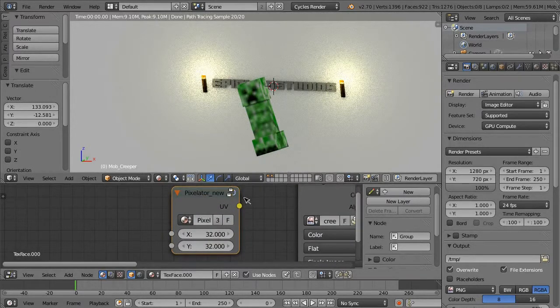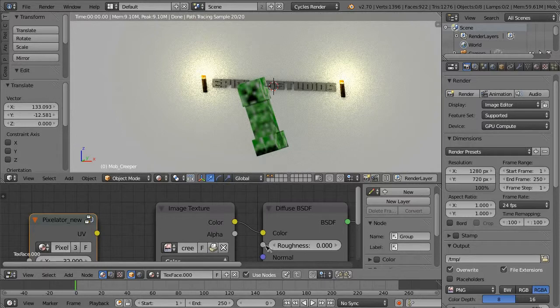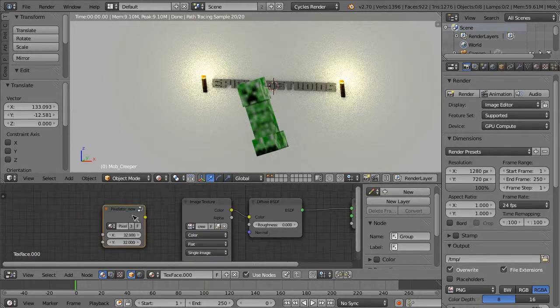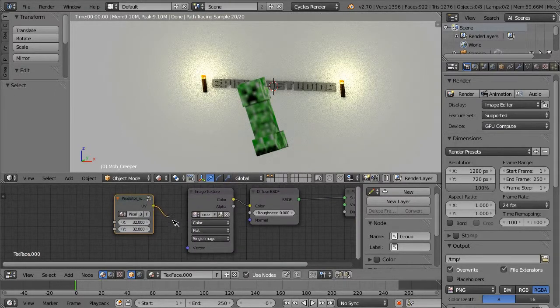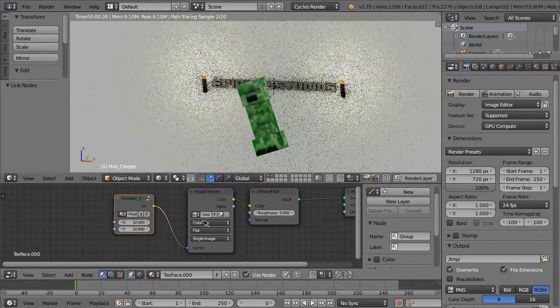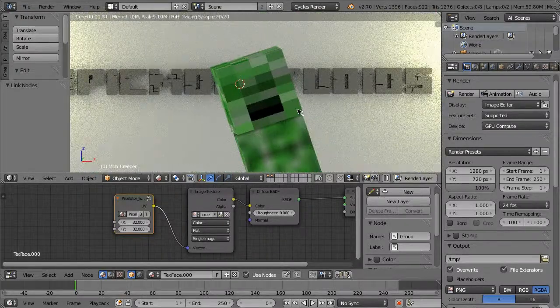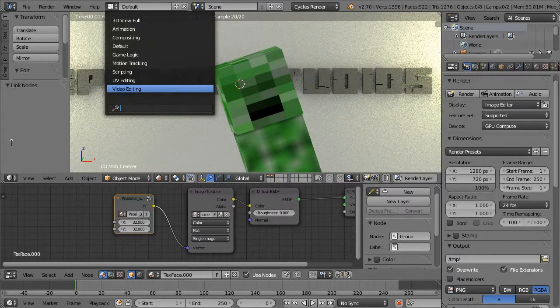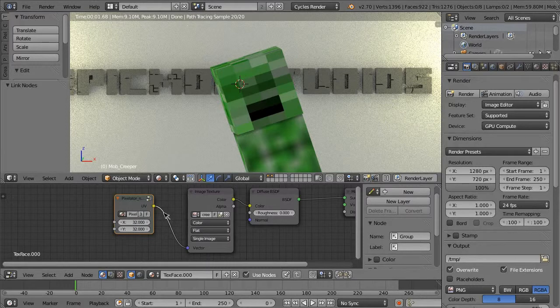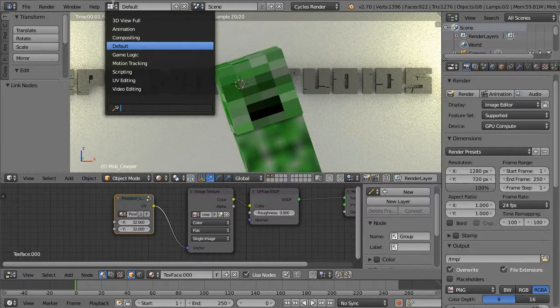Now, this output is yellow, which you might think is for color. No, it's actually for the UV, which would be in the vector for the image texture that you're using. So you just put it like that. And as you can see, it looks like crap. That's not anything at all what it looked like before. That's because you haven't set the correct X and Y for the size of your image. So if you want to fix it, you should go to